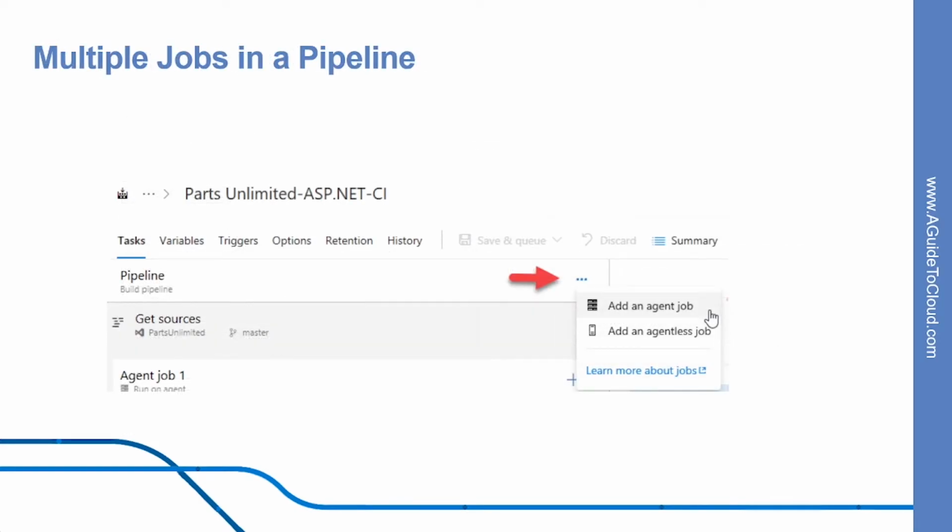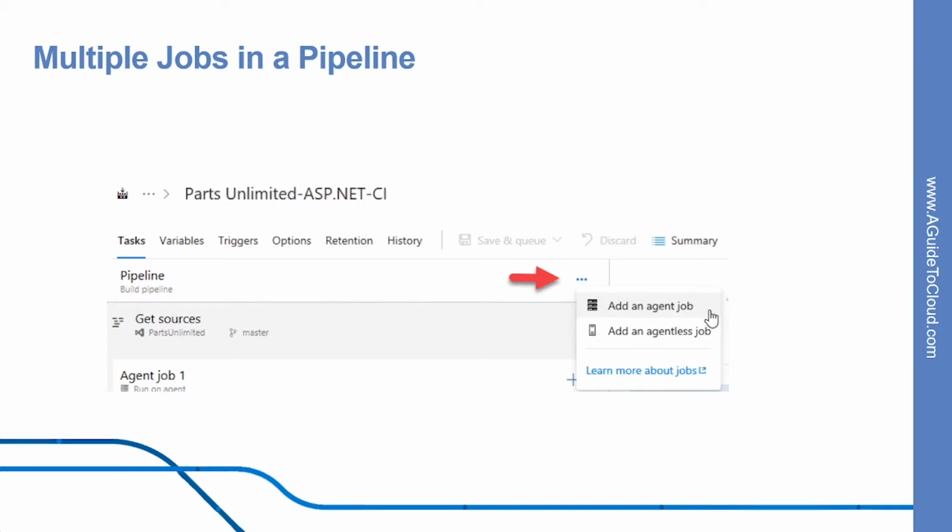Let's look at implementing multi agent builds. You can use multiple build agents to support multiple build machines, either to distribute the load, or to run builds in parallel, or to use different agent capabilities. As an example, components of an application might require different incompatible versions of a library or dependency.